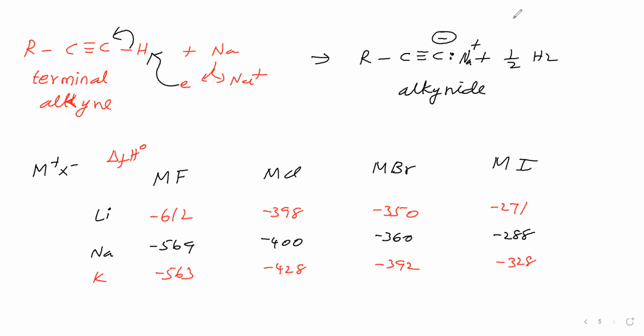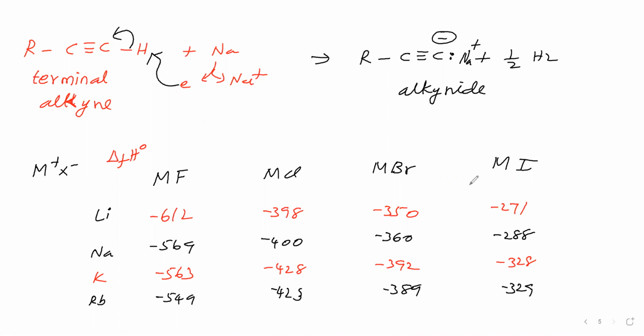Next, rubidium. Rubidium fluoride minus 599, rubidium chloride minus 423, rubidium bromide minus 389, rubidium iodide minus